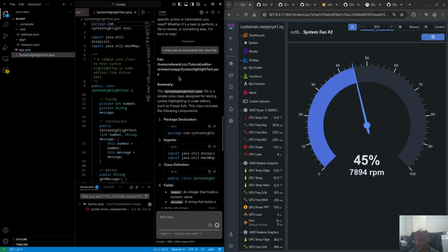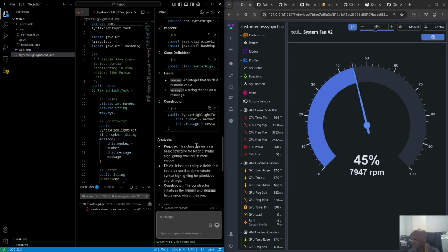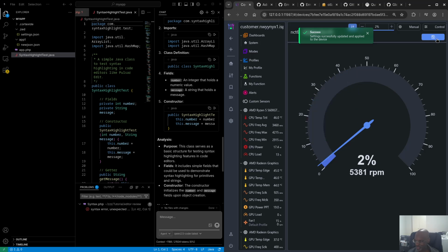All right. Okay, not bad. File is a simple Java file designed for testing syntax highlighting in code editors such as this. That's actually true. So there we go, it actually did pick it up. Obviously from the comments, and then number integer. Okay, so it found. I'm not quite impressed yet because I said